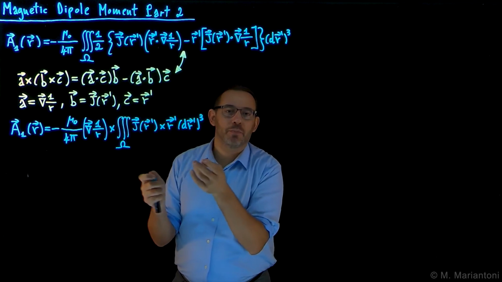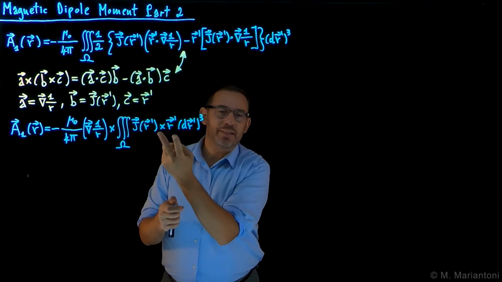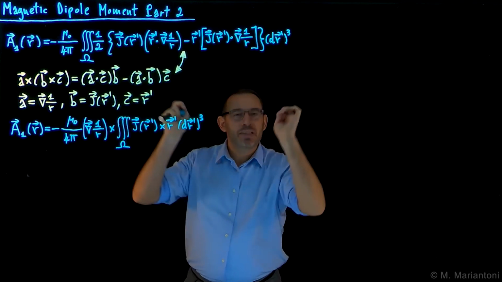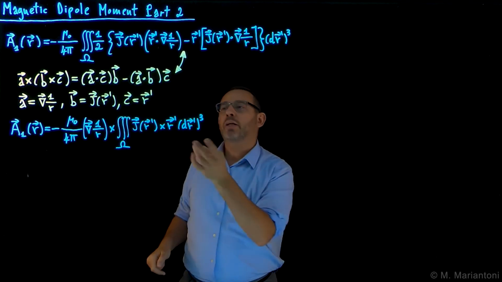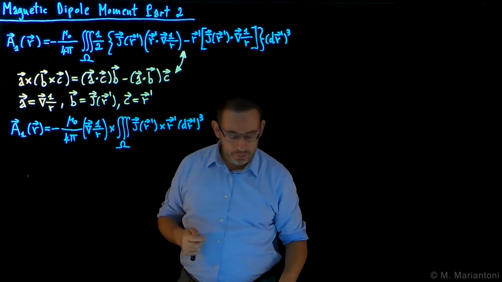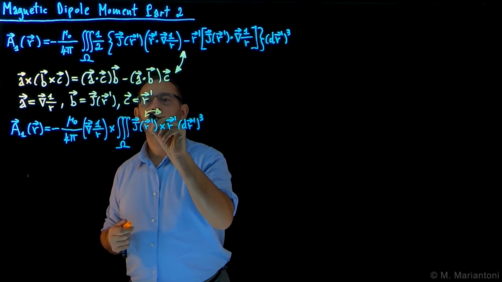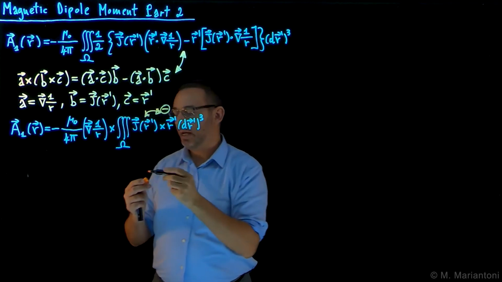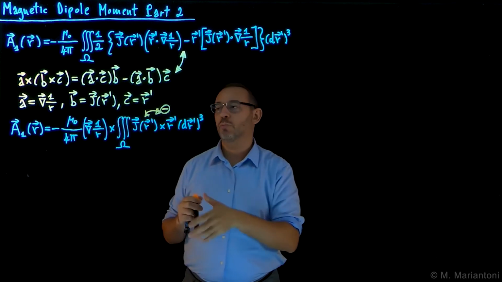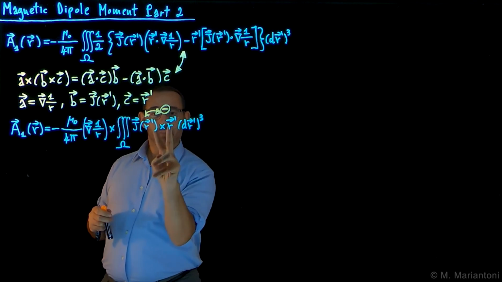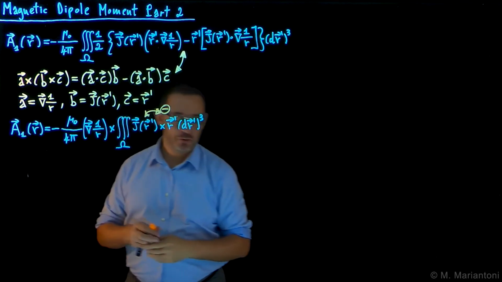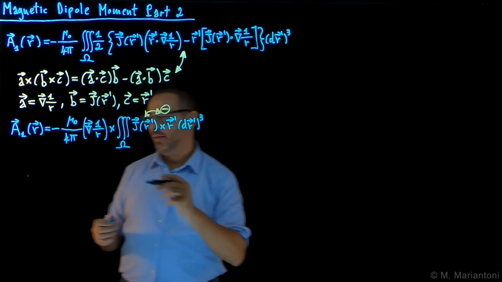In that case it doesn't matter because it's just a regular product. Here it is a cross product, and in order to keep it exactly in the same order, it's worth swapping these two functions. When you do this swap, obviously you pick up a minus sign, because the cross product is non-commutative. So this minus sign, which I pick by swapping, cancels this minus sign, therefore leaving us with